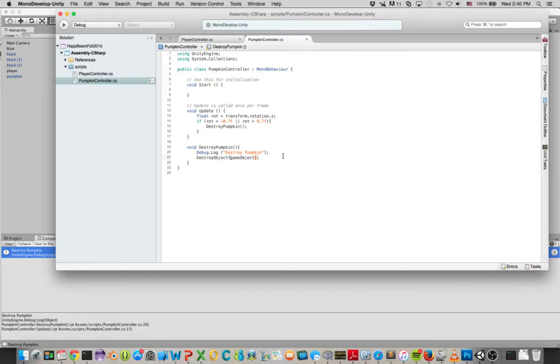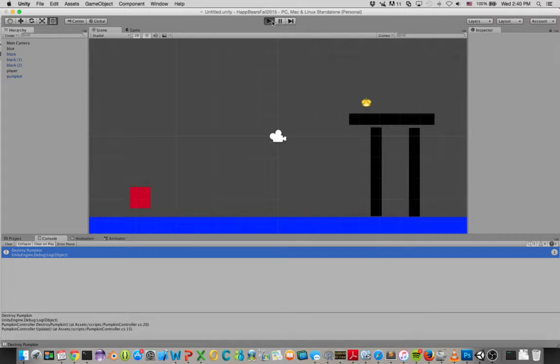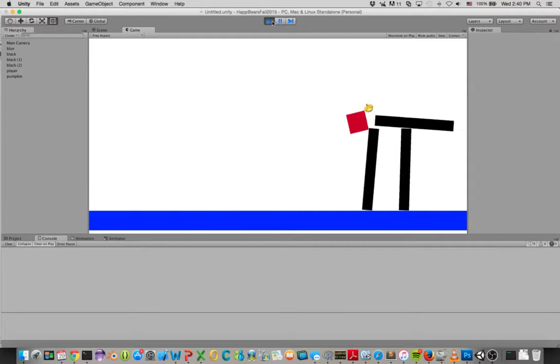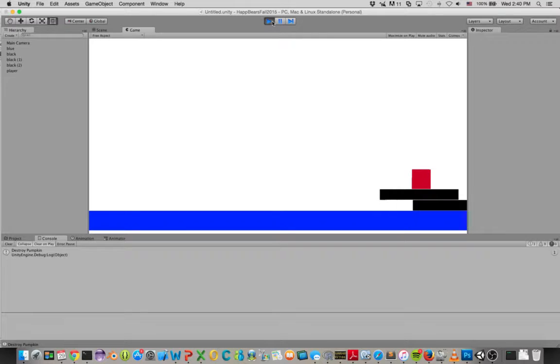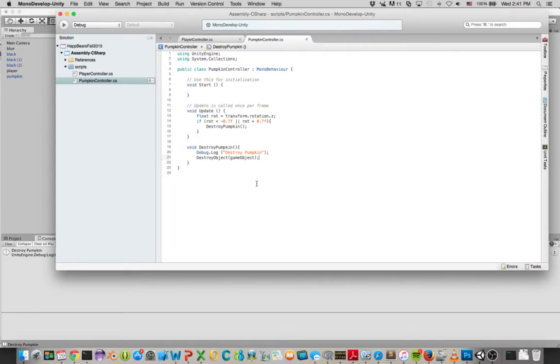All right, so that's pretty cool. One thing that I don't like about this is that it's way too quick. A player would be really confused, right? We see him going like this, and then all of a sudden it's gone. It's like, what the heck happened? I don't know. So sometimes, even though we can do things quickly, like we can destroy this object